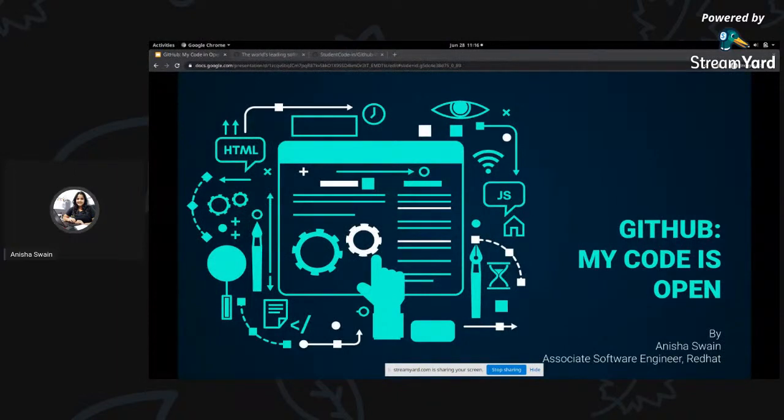So a quick introduction, guys. I am Anisha, and I am an associate software engineer at Red Hat for 1.5 years. I started open source contribution about 5 years ago, and ever since then I've been using Git. So today I'm going to share some knowledge that I've obtained over the last few years, and this is going to